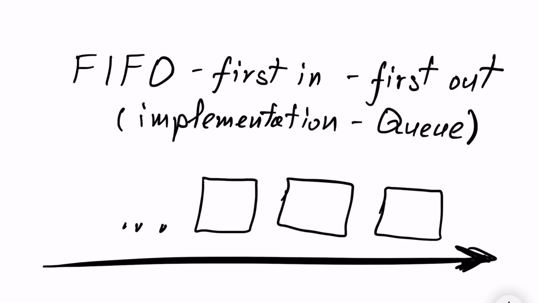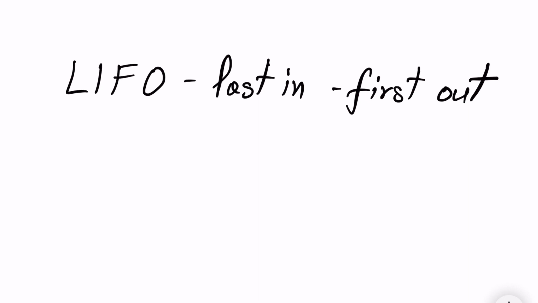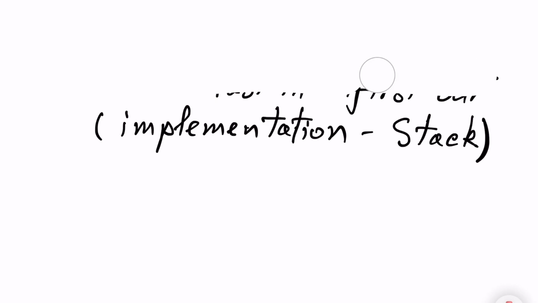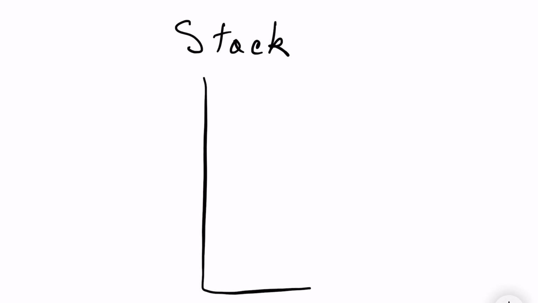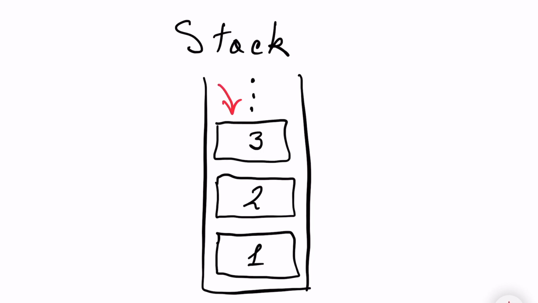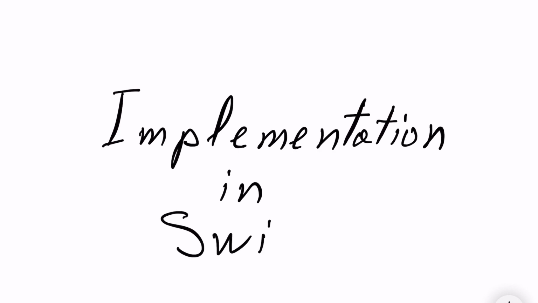Like you imagine a regular queue, the first element added to the queue is going to be the first element removed from the queue. The LIFO approach is last in, first out. The implementation in programming is a stack. You stack up the elements, so the last element added to the stack is going to be the first element removed from the stack, and therefore the first element added to the stack is going to be the last one removed from it. So without further talking, let's switch to the code and I will show you how to implement a stack